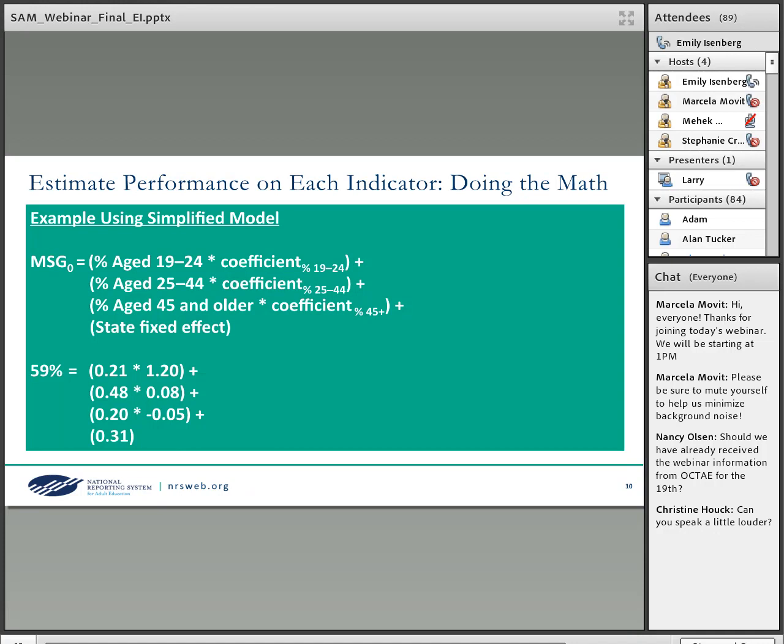For example, in a simplified version of the model, let's say we're predicting measurable skill gains rate based on the percentage of participants in each age category.